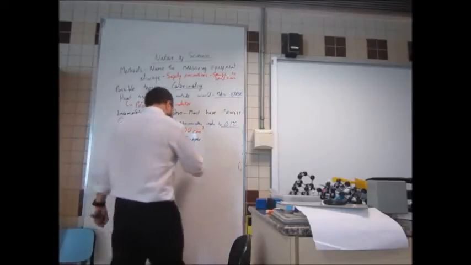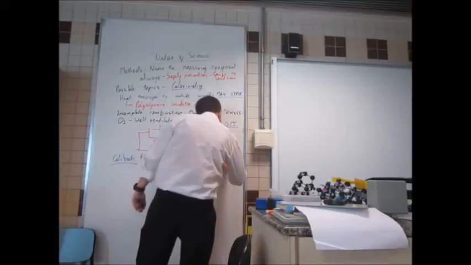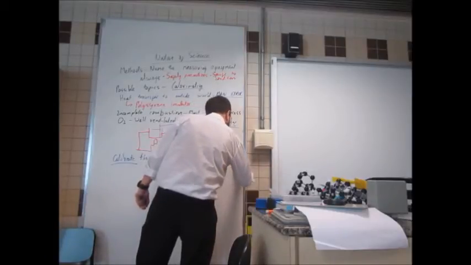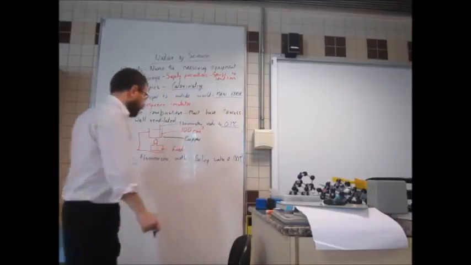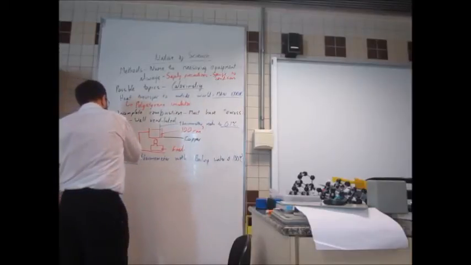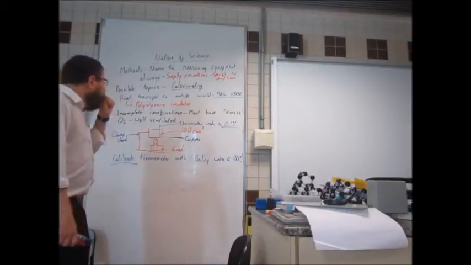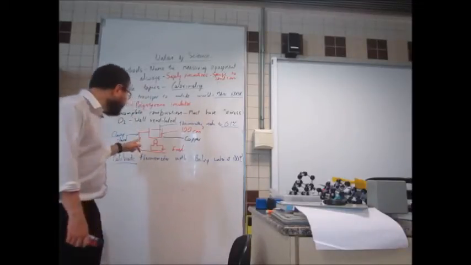So what was a very excellent known temperature? Boiling water? 100 degrees Celsius. Okay, so heat loss